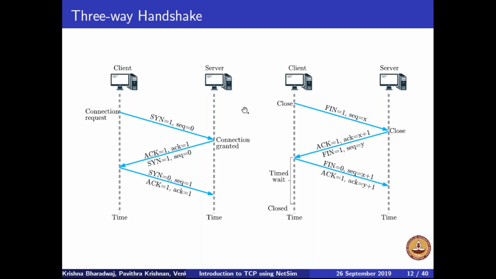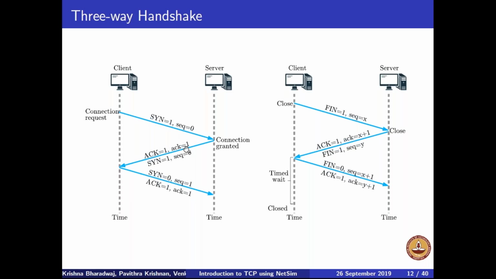When a client is initiating a connection, it sends a TCP packet with the appropriate port numbers to the server, which is handled by the IP layer, with a SYN field set to 1 and some initial sequence number. Let us assume that it is 0. If the server is willing to accept the connection, it responds to the SYN with another TCP packet which carries the ACK bit equal to 1 and a sequence number value based on 0, which we'll see in detail when